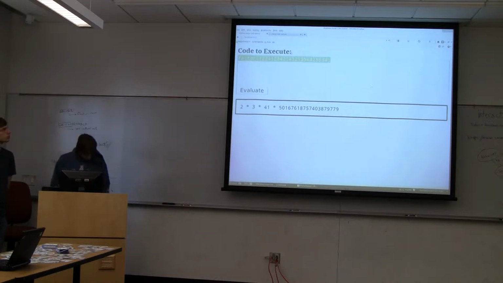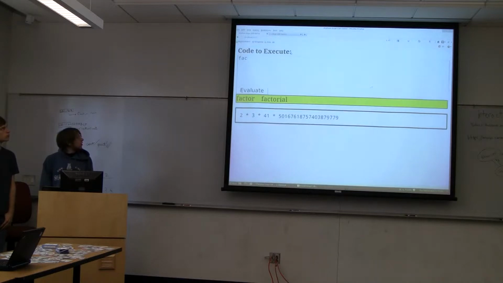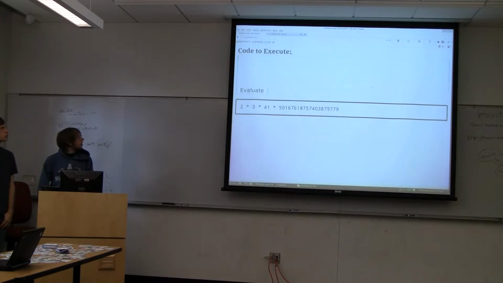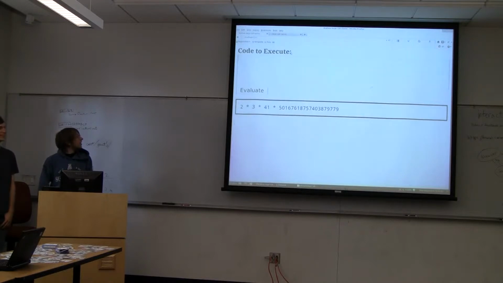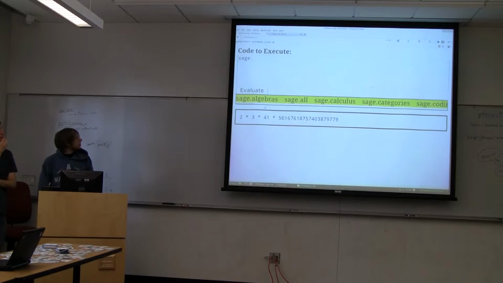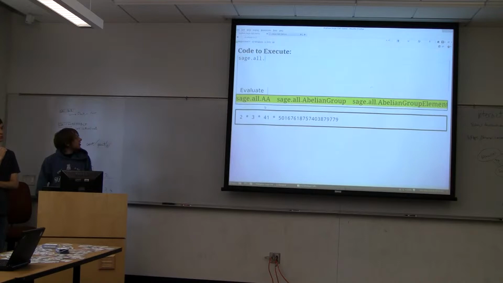And also because now we're using IPython, we can use the IPython tab completion. We just hit tab, like import, and it gives you everything you can import. And then here's all the